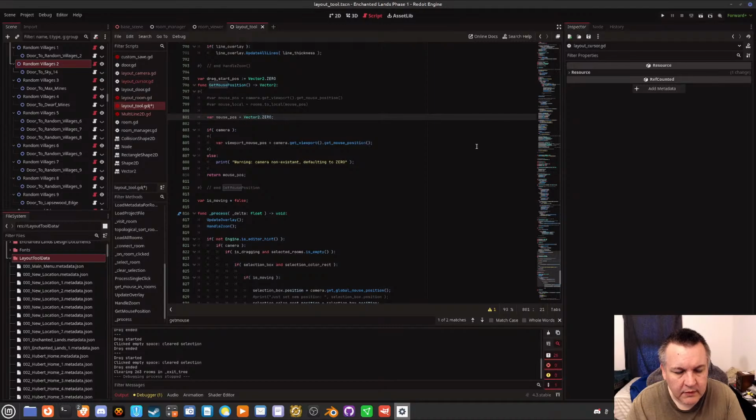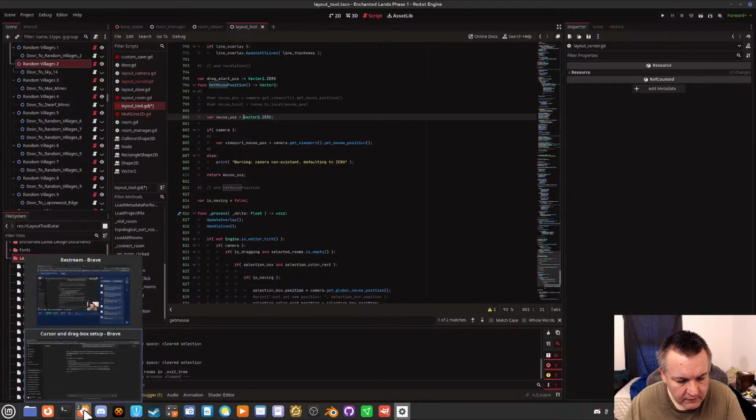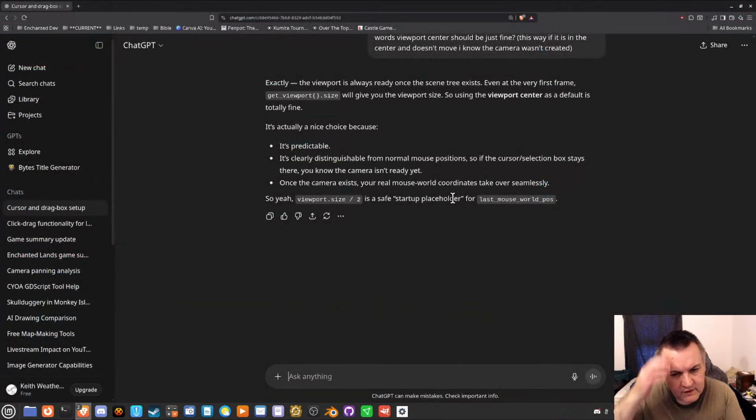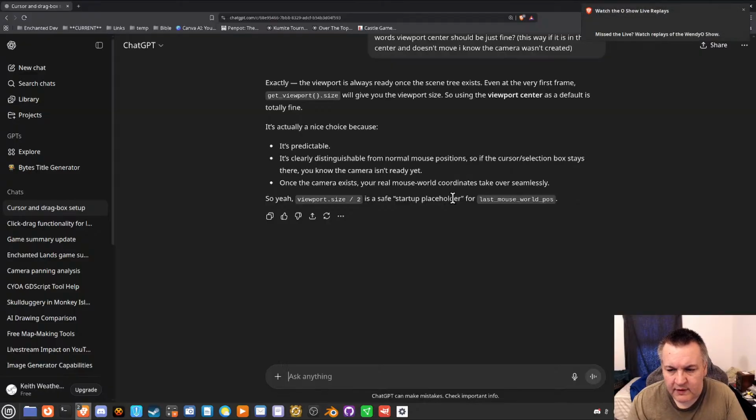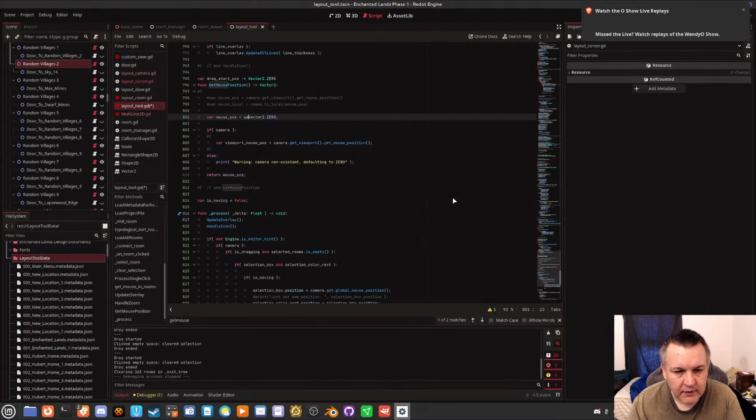No. Is it get viewport? I mean, I could look this up on the docs, but this is kind of quicker. It's probably get viewport, right? Yeah, get viewport.